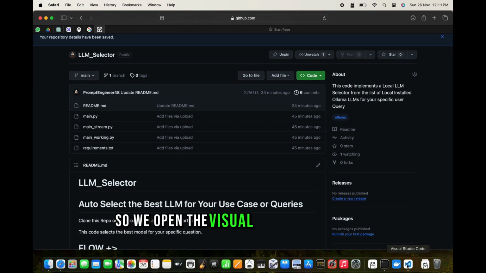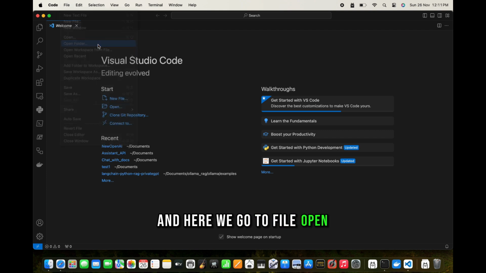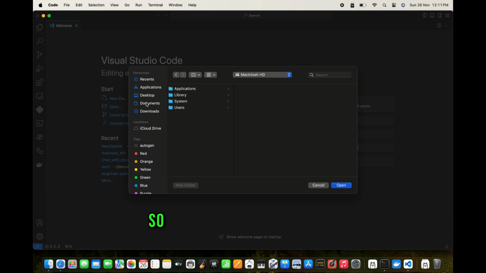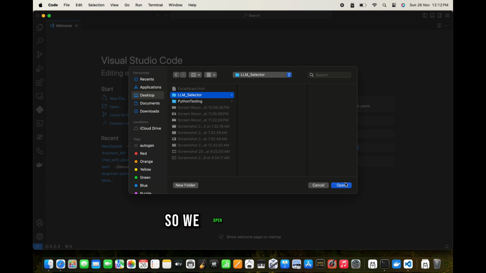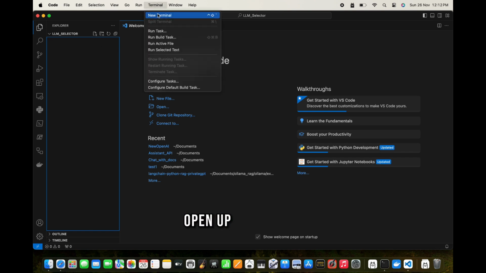So we open the Visual Studio Code editor, and here we go to File, Open, and open up a new folder where we're going to work. So let me work on my desktop. Create a new folder and say LLM Selector. It's okay. So we open up the folder LLM Selector, and here we are going to open up a terminal,